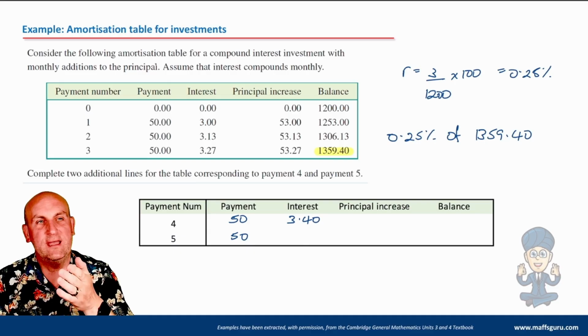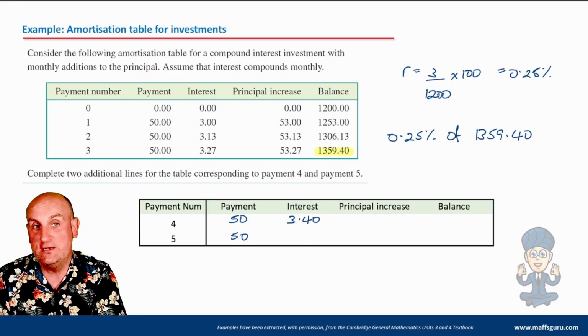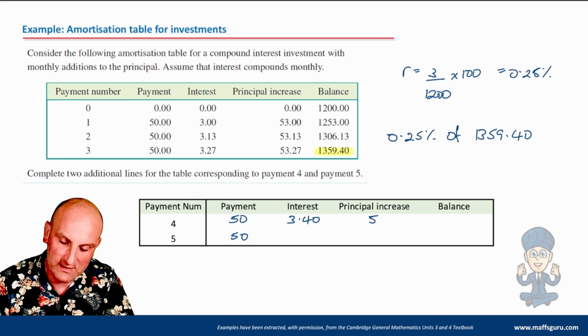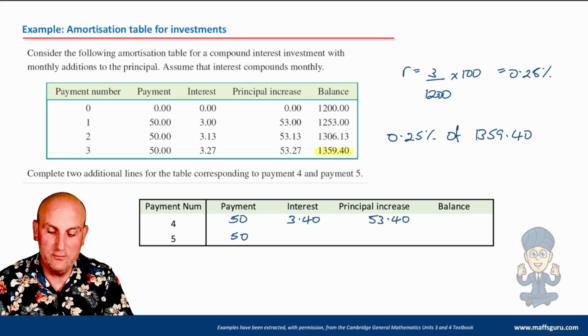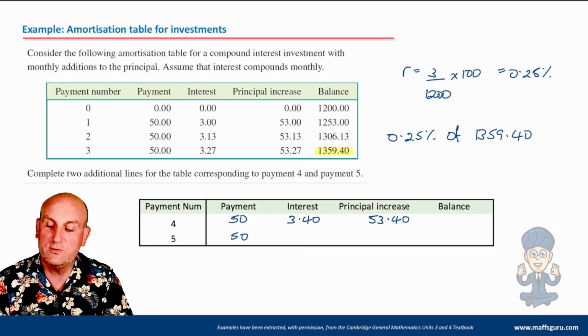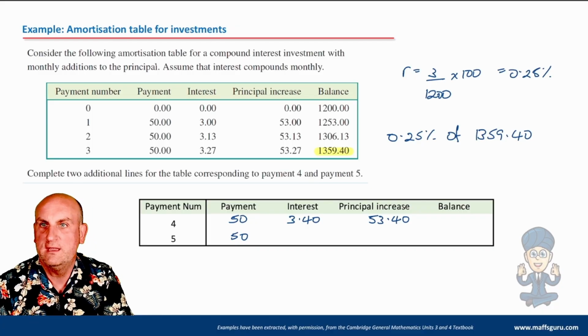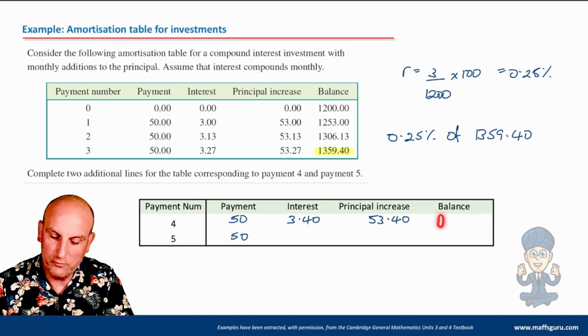Principal increase, how do I get that? Well, in this situation, for an investment, we get our payment and we get the interest added on. So that's going to be $53.40. And then what am I going to do? Well, hopefully my principal increase was $53.40. I had $1,359.40. I'm just going to add them together. So $53.40 plus 1359.40 gives me the staggering amount of